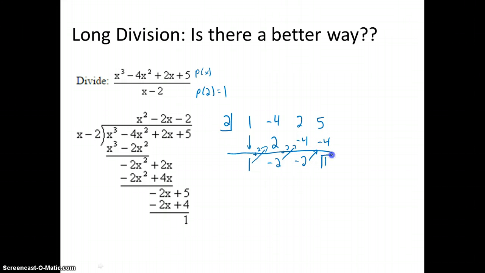Well, hey, check that out. That's my remainder. So 1 is my remainder. And so really what I've done here is I've just plugged 2 into the function that has coefficients 1, negative 4, 2, and 5. And the math behind it is kind of interesting because what I'm doing here is that